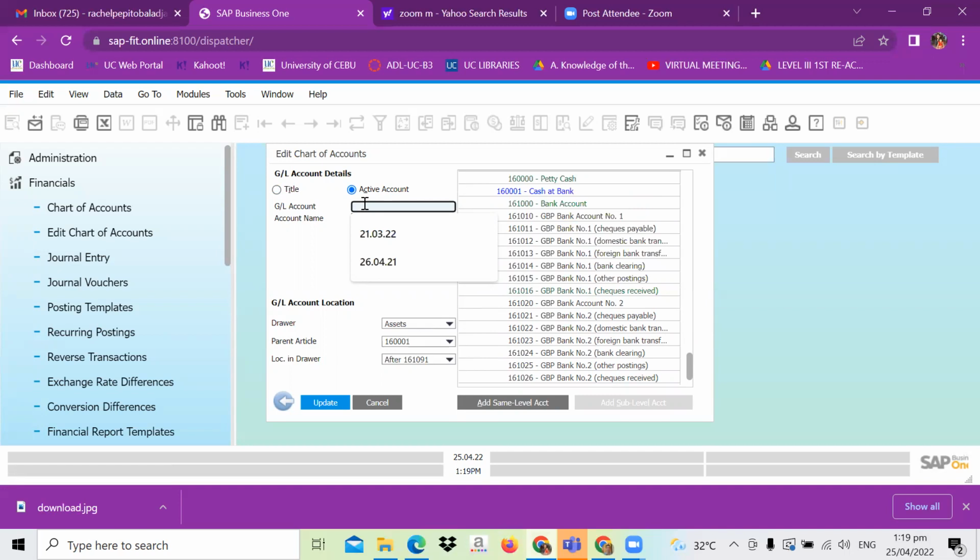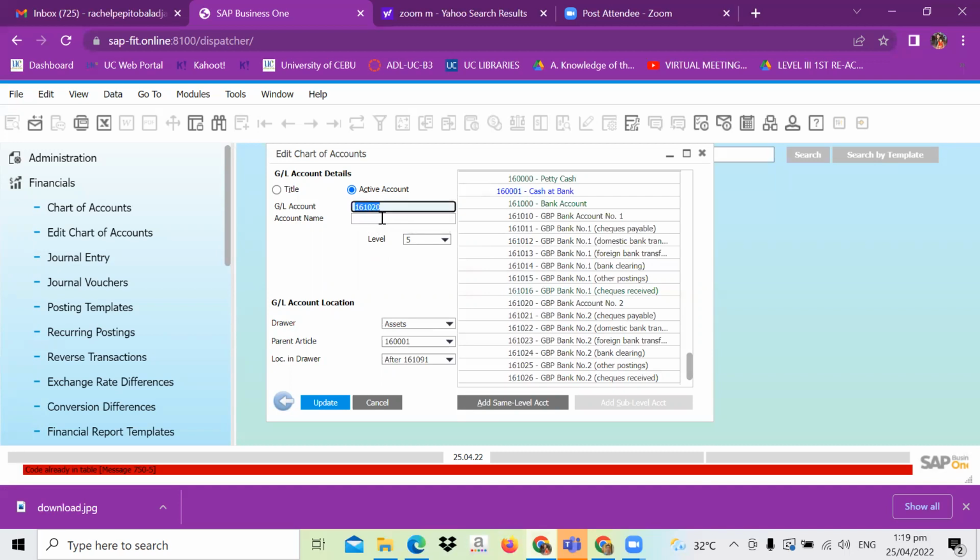Like I will have bank account 2. I will assign it as 161011 or 20. And then account name is,